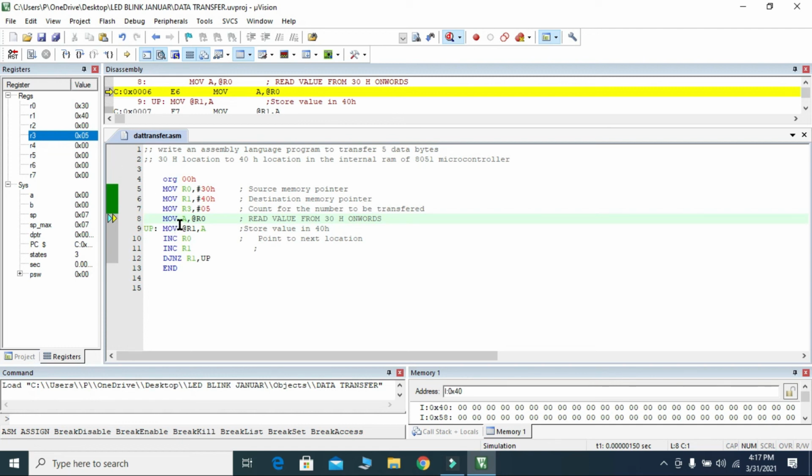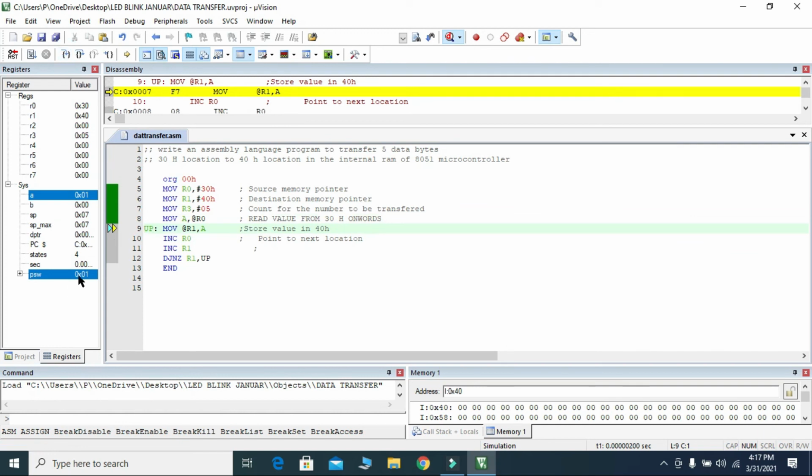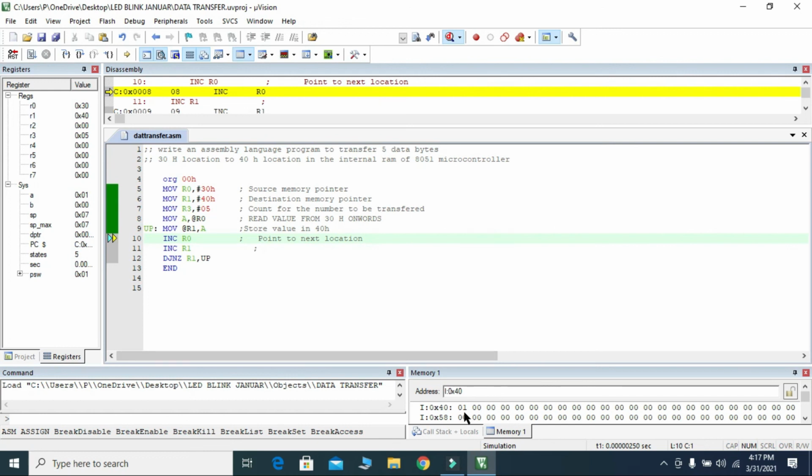In the next instruction, MOV A, @R0, this is the indirect way of addressing. It will read the value from 30H onwards. Now you can see that what is written in the 30 location is transferred to the 40 location.